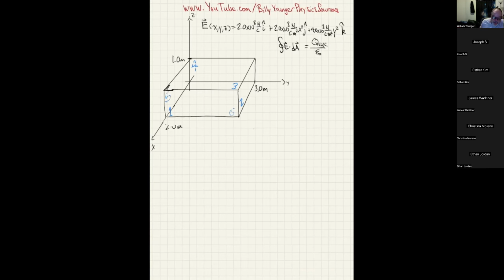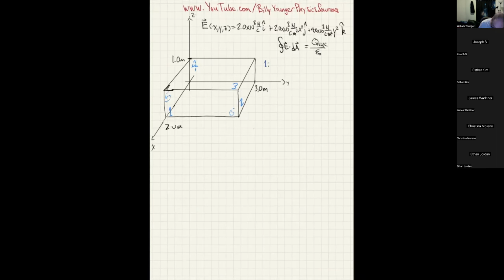Now I'm going to write down the conditions. This is where you write down basically, hey, what is dA for that surface? Or hey, what is X? What is Y? What is Z? So for instance, let's write them down. I'll switch to a darker blue and keep that color now. So surface number 1, we have that in fact,